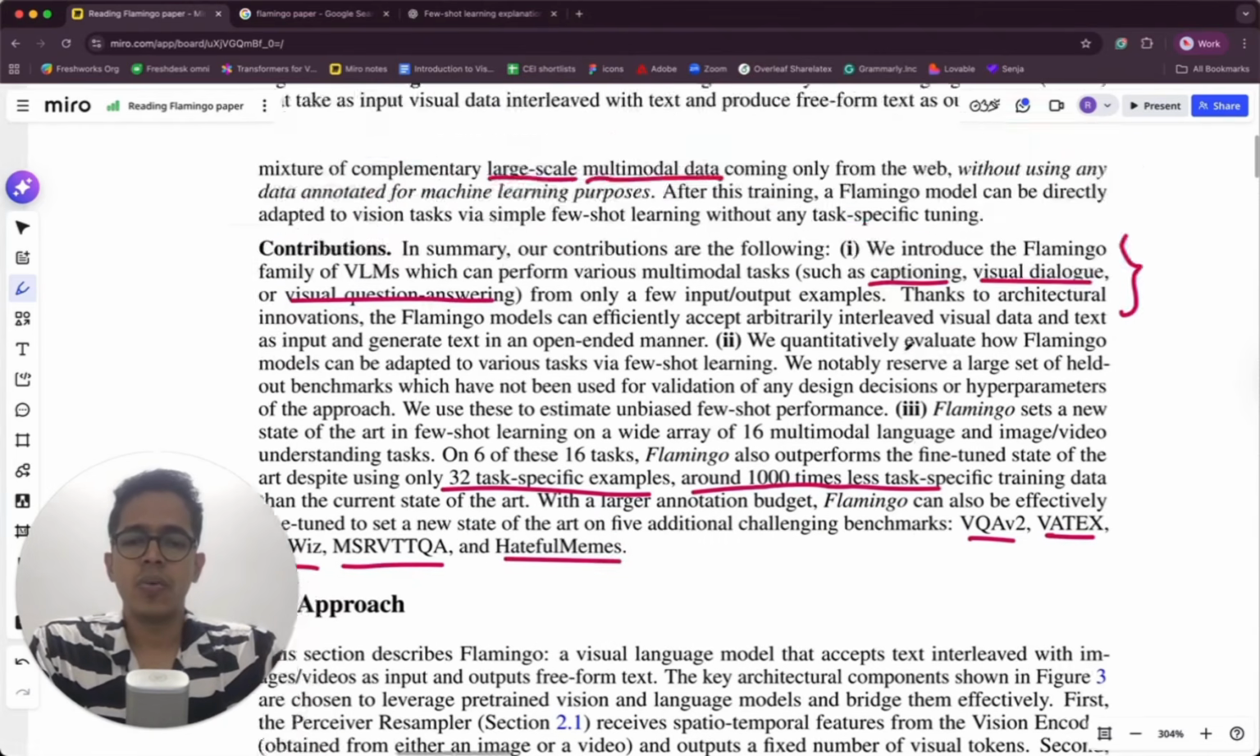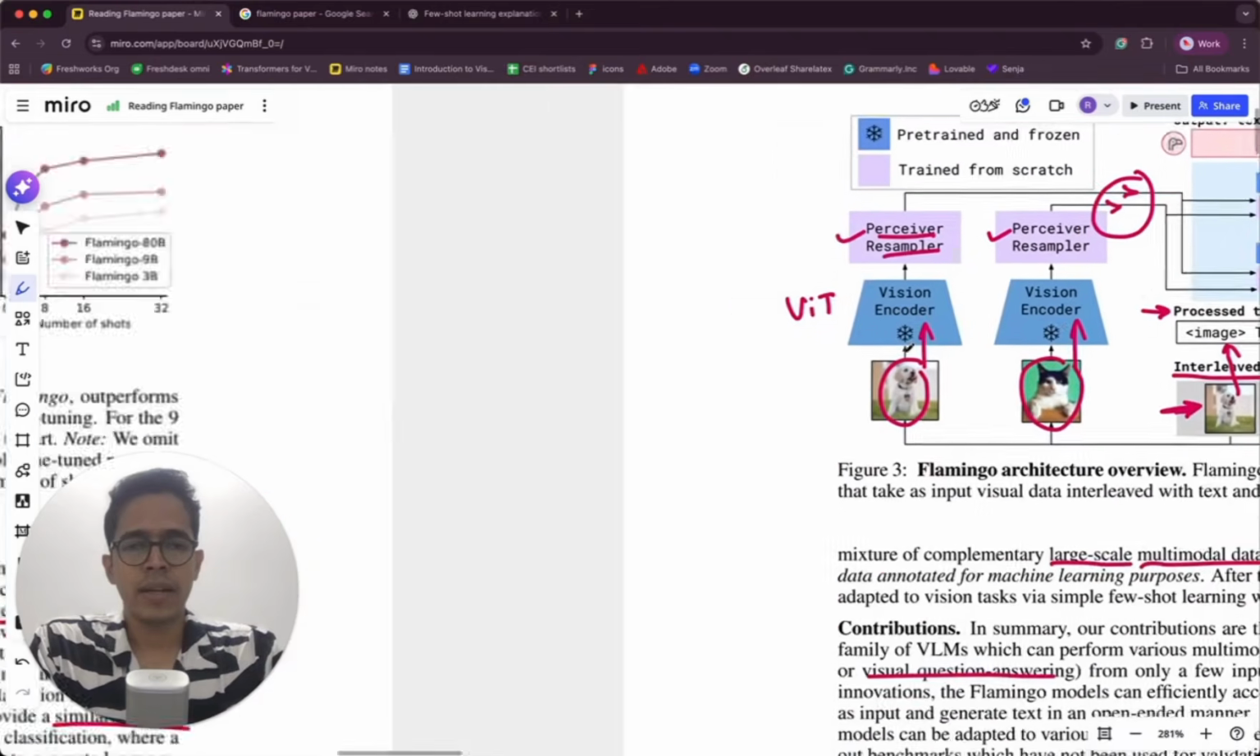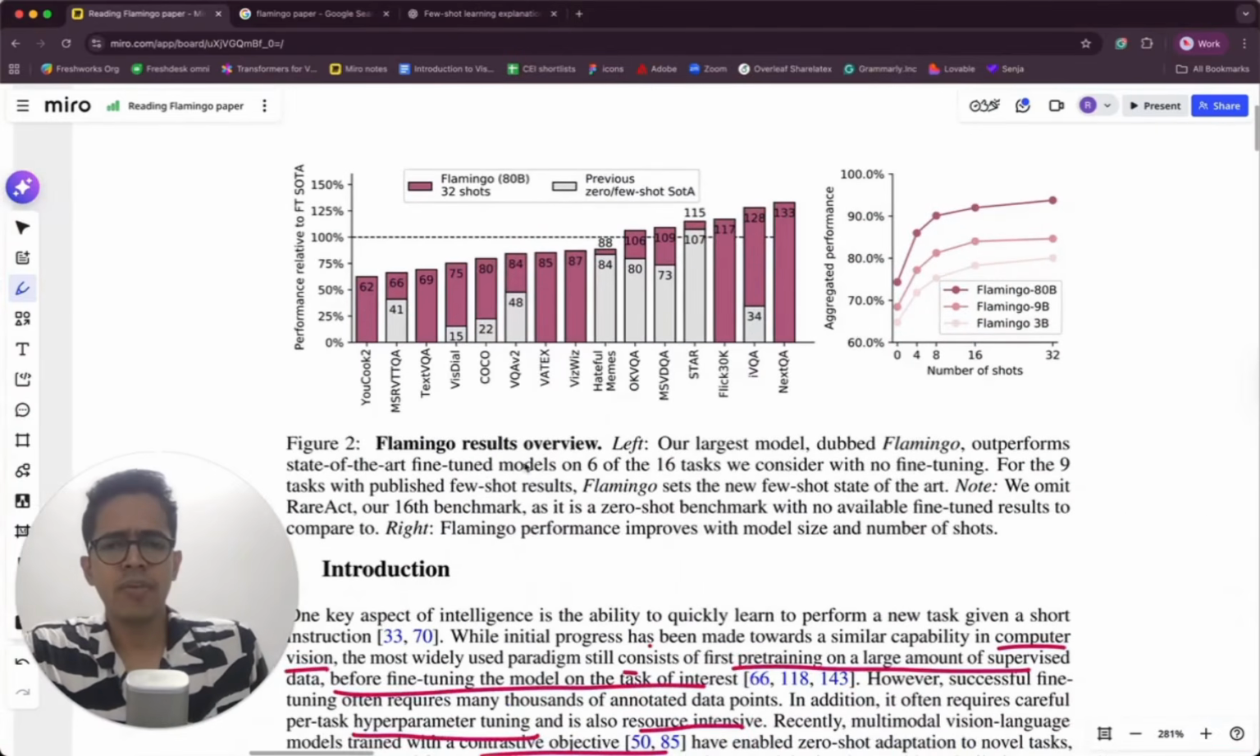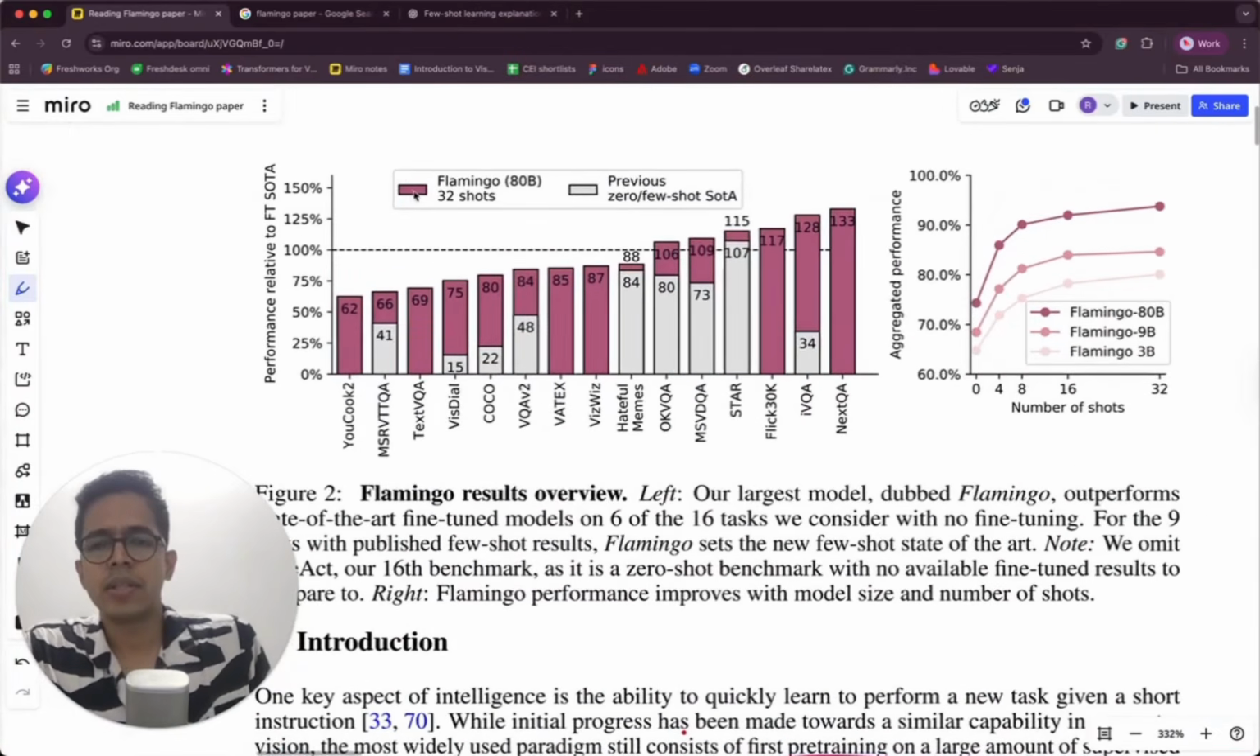So figure 2, we have not gone through yet, right? It was showing this graph with the performance. Maybe we can read through this a little bit. Flamingo results overview. So this maroon color is the Flamingo 80 billion model with 32 shots. And these gray color ones are previous zero or few shot SOTA. SOTA means state of the art. So here it's the performance relative to